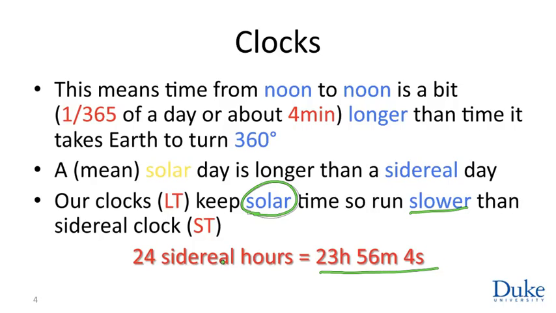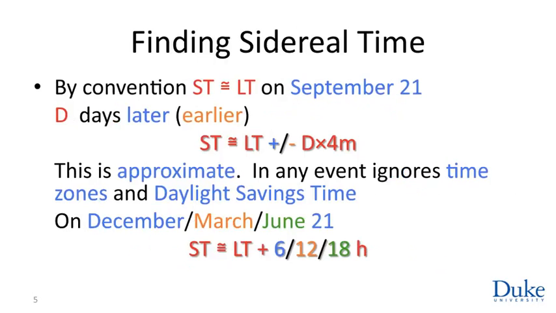So how do you relate the two? Well, we have this issue of two clocks, one of which runs faster than the other. They're both 24-hour clocks, and so at some point they agree, and then the faster clock runs ahead, and it will remain ahead until it has completed one full 24-hour rotation more than the other clock, and this takes, by definition, precisely a year. So once a year, there is a day when sidereal and solar clocks agree, and by convention, that day is set to happen, we'll see why in our next lesson, on or about September 21st.